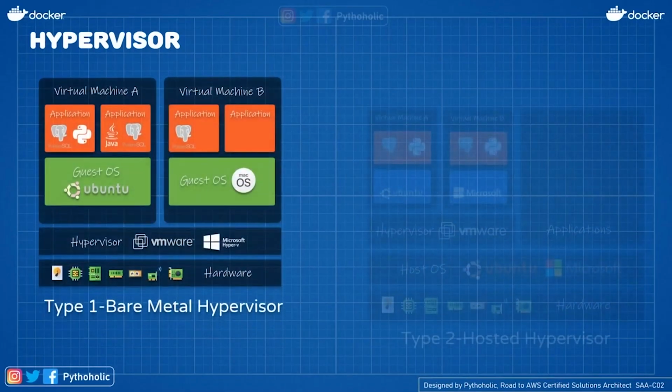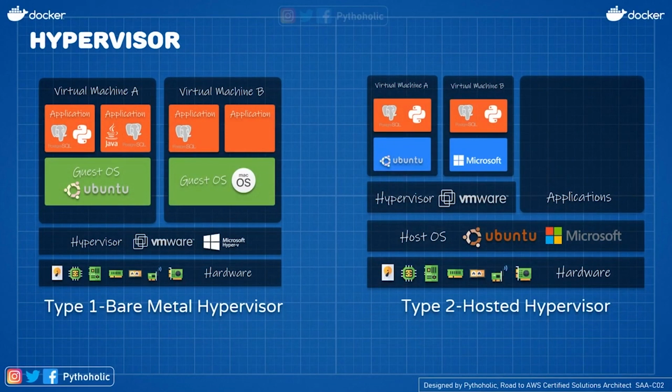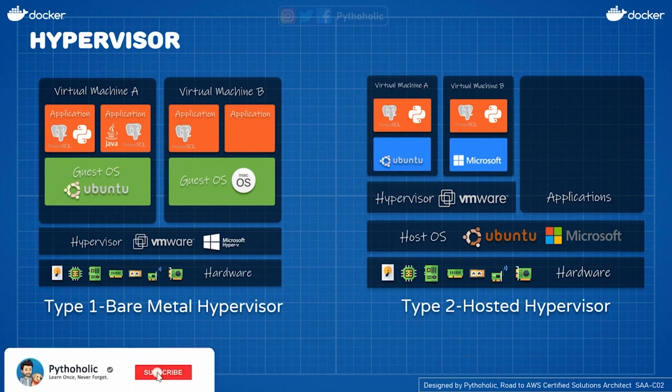So now we have learned about two types of hypervisors. The first type is the bare metal hypervisor, where the hypervisor is present on the hardware and lets you install multiple VMs on the machine. That is why it is called a bare metal hypervisor. And the other type that we have is type 2, that is the hosted hypervisor. A hosted hypervisor runs on a conventional operating system, or OS,